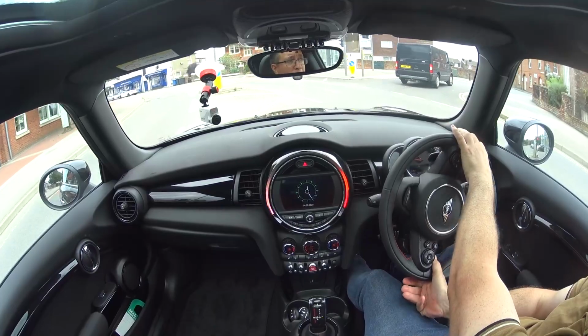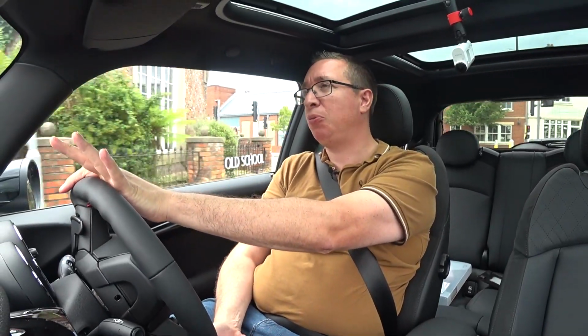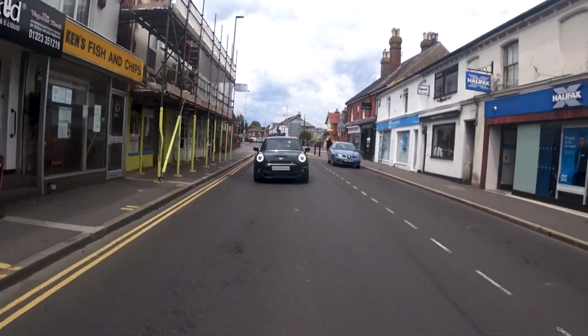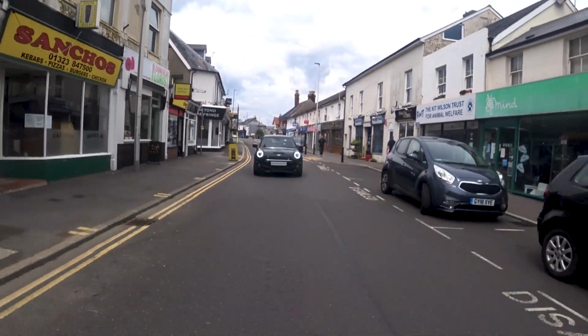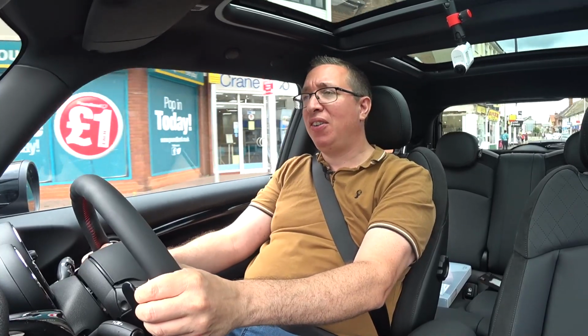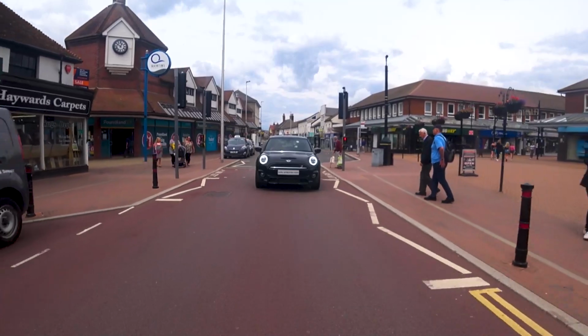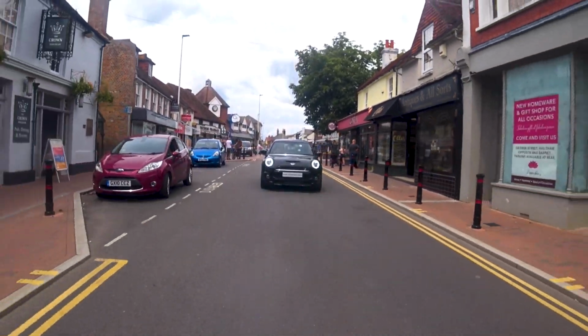It's smooth. We've got it in auto, full auto at the moment. You can change over to pedals, but I can't really be bothered to do that. Noise wise, it's pretty good. It's well insulated, but it's the drive, it's not quite as flexible, you know, with that instant torque as you've got with the electric version. Don't get me wrong, this certainly isn't bad whatsoever. In fact, it's a blooming brilliant car,